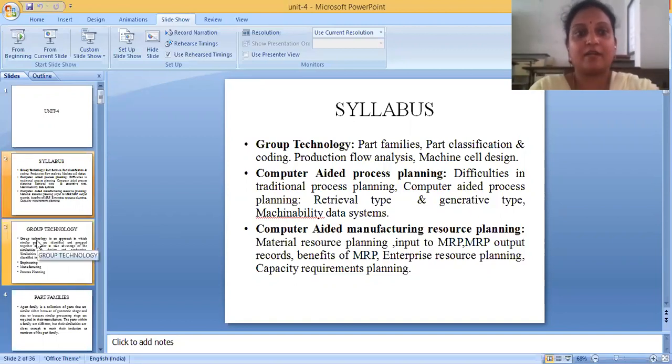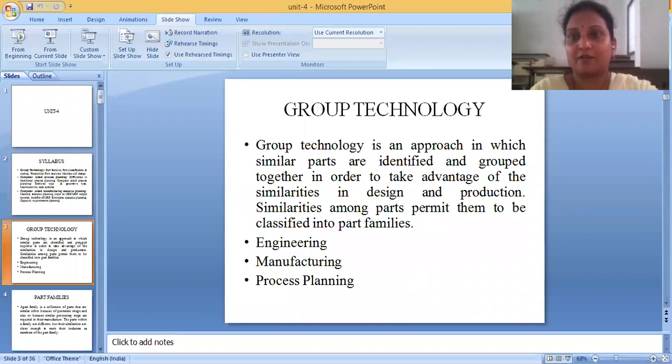Now let us look at the definition of group technology. Group technology is an approach in which similar parts are identified and grouped together in order to take advantage of similarities in design and production. Similarities among parts permit them to be classified into part families.